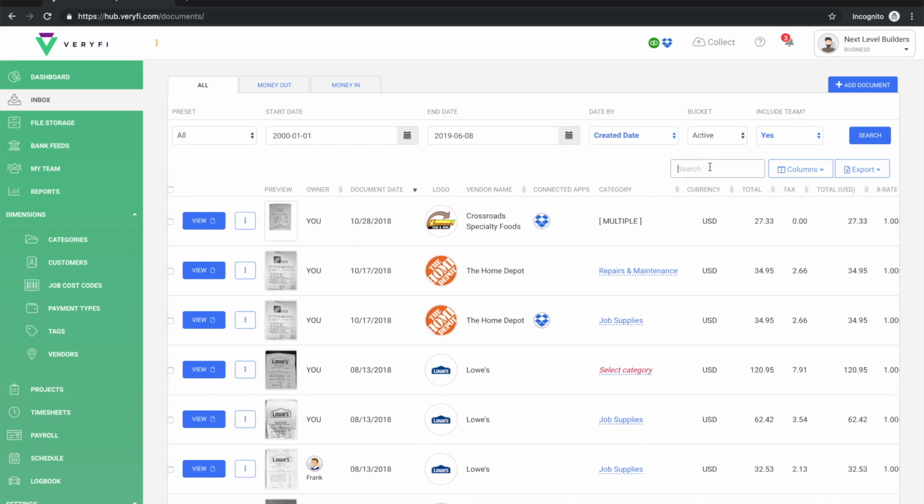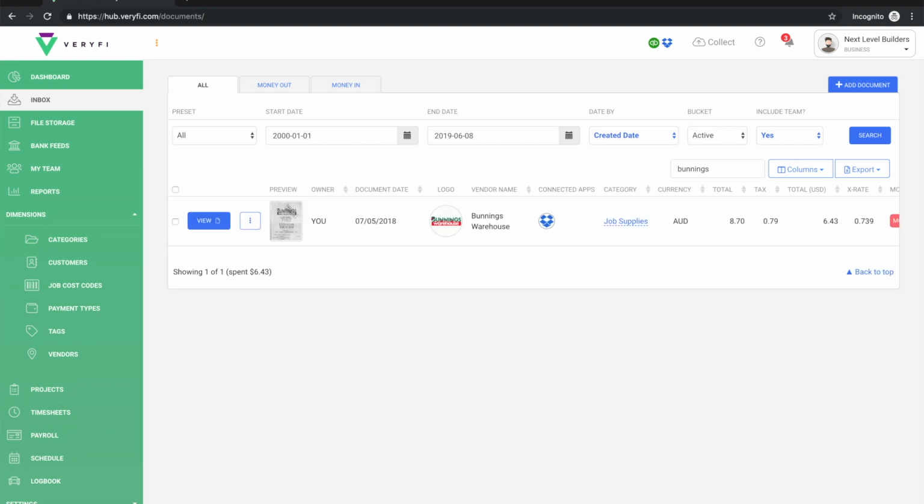And just to show you how those are useful, I'll bring this Bunnings document back up. This one was purchased in Australia, and it was purchased with Australian dollars. The local total amount was $8.70, the tax was 79 cents, and at the exchange rate of 0.739, that actually totals to $6.43 US, which is